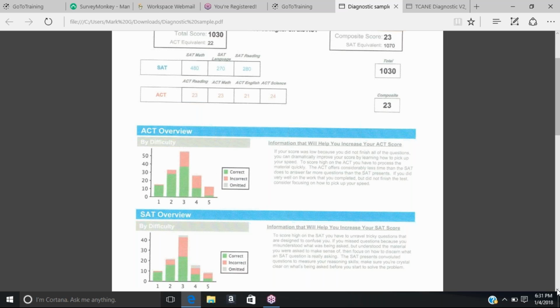Take a look at the SAT overview. You have another color there, don't you? There was some gray, some omitted. And on a real test, you should never omit, because you have a 1 in 4 chance, even though you're clueless, and no penalty. Now, the student who did omit might have been in the old mode, because 2 years ago,